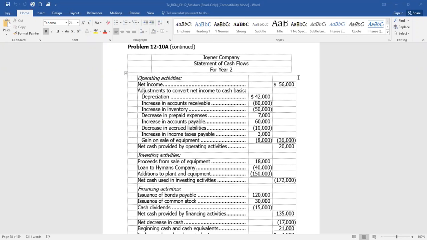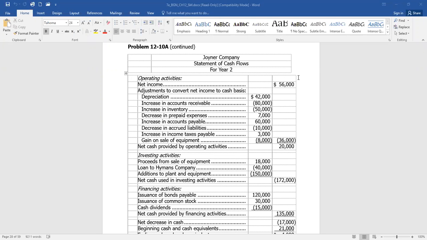Now, what's your next step? The next step is take a look at all of your current asset changes except for cash, because that's what you're proving here. So, year 1, our accounts receivable had a balance of $170,000. It now has a balance of $250,000. So it increased. People owe us $80,000 more from our sales than they did at the beginning of the year. So that means the effect on cash is decrease. There's less cash from our sales that were included in that